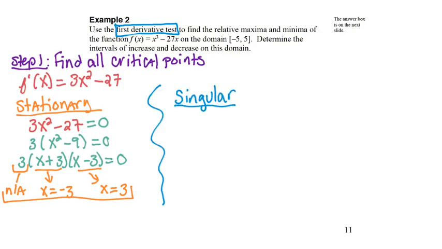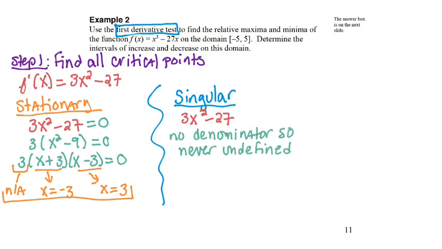Now I'm ready to find my singular numbers. Again, I take my derivative, 3x squared minus 27. Well, there's no denominator, so this is never undefined, so I have no singular points. Now I have to change the page,